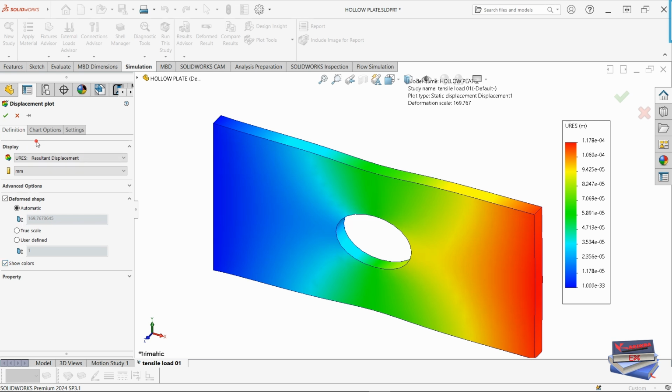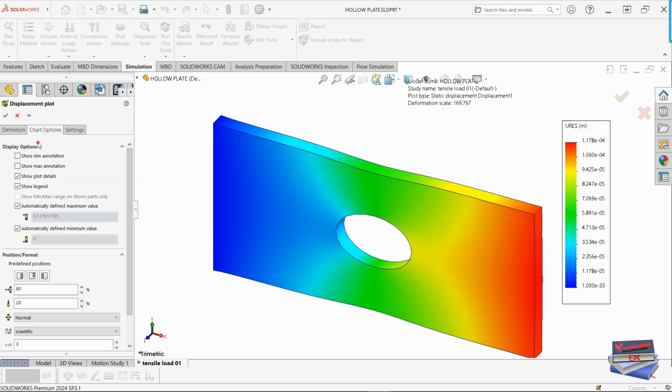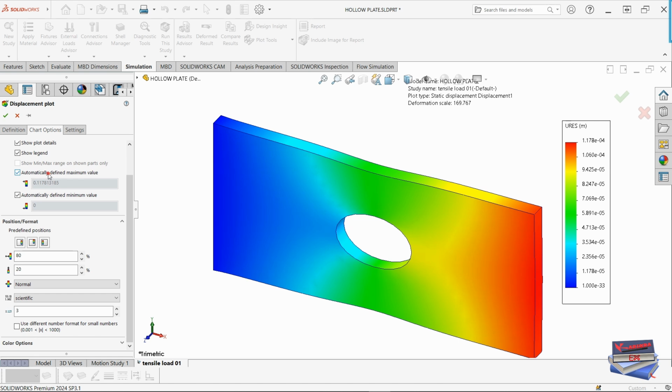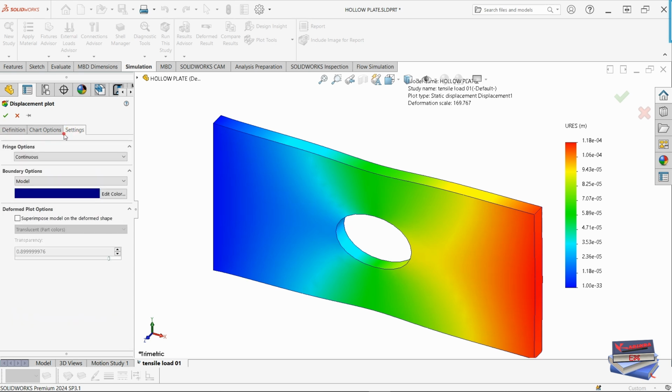For the definition, let's go over to chart options, and we have show plot detail, show legend, leave all these ticked, and for the decimals, let's leave those as 2 decimal places, and let's go over to the settings and leave as is. If we click OK,